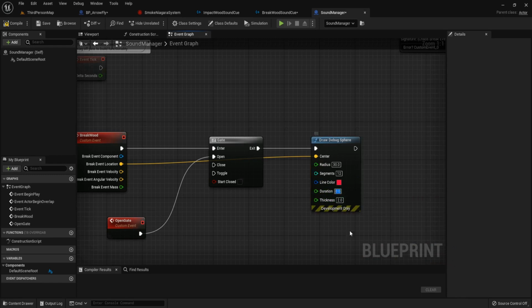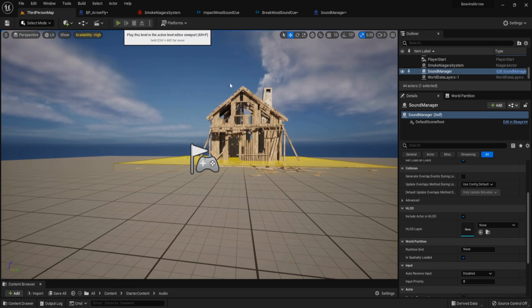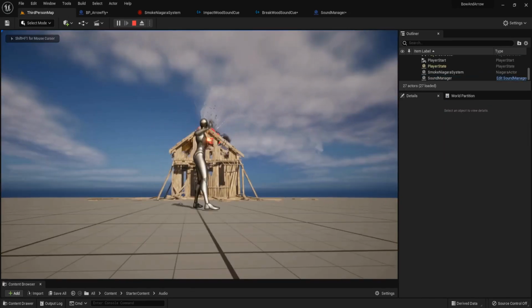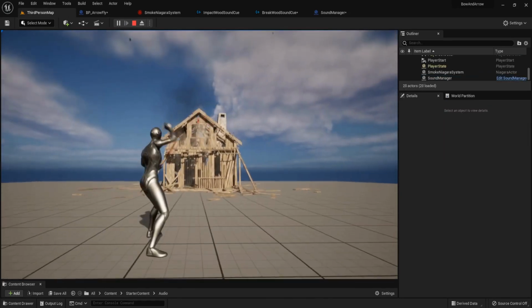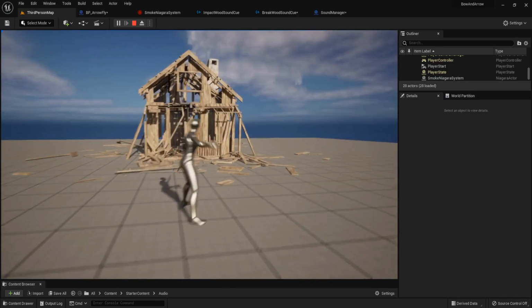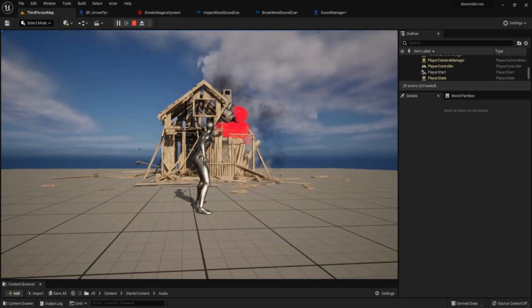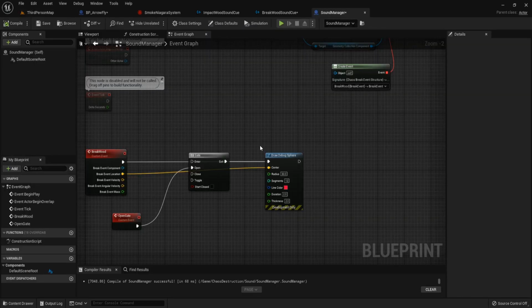Duration to 2. Let's connect it to debug sphere, not yet called the gate. Play test. And now we can see there are a lot of breaking points. It will be very loud to play this sound with all these locations.